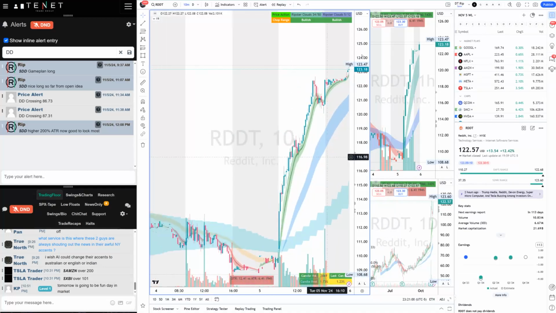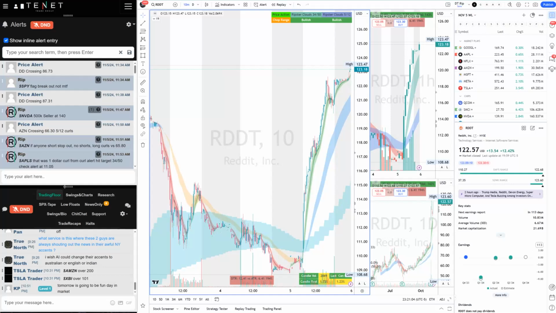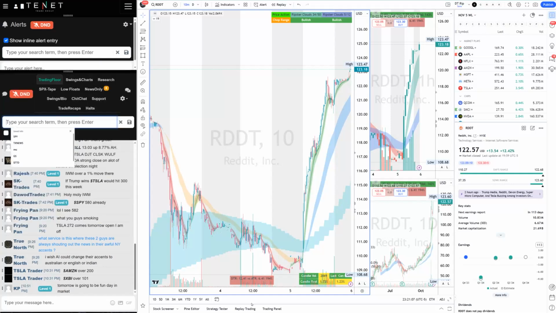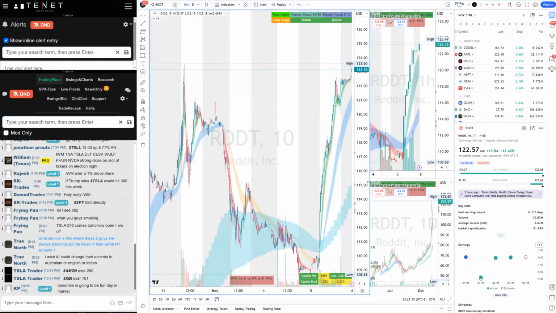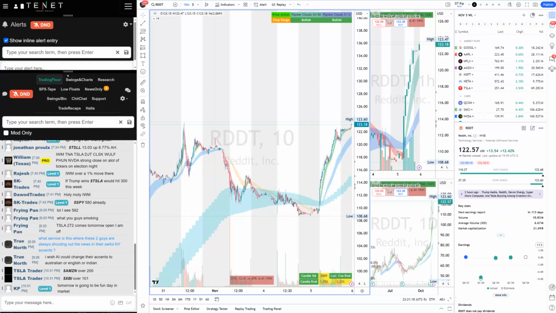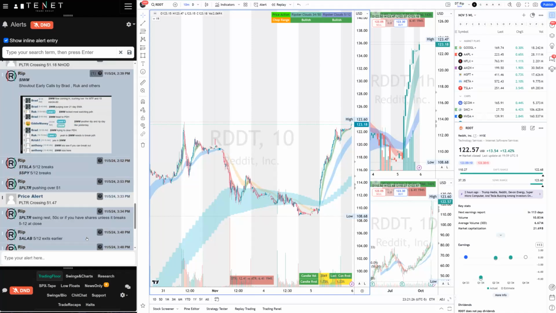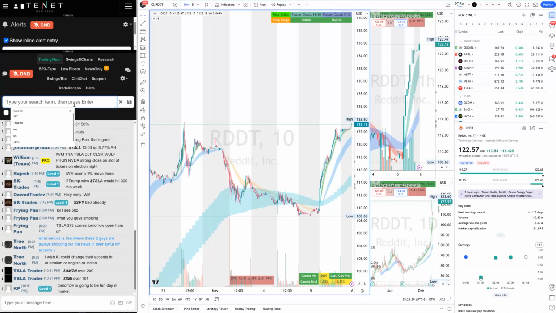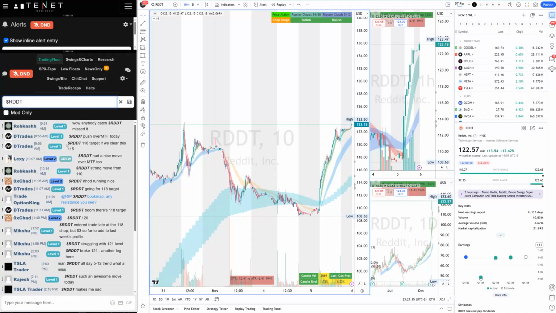Okay, I just want to recap Reddit. This was a great call by the traders on our floor, in our community. Reddit was also one of our day 3 setups that I teach. You can see that there was a level on Reddit, 108.75 and 110s. But the main thing on Reddit was it was reclaiming the MTF clouds, right? So that was a big push for Reddit. That's why a lot of traders were trading it. A lot of traders in the community noticed it because of that, and they called it out as a Reddit long. You could see the traders calling it out right at the open.